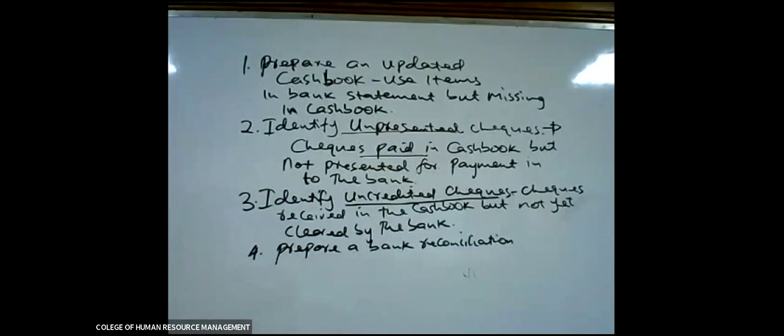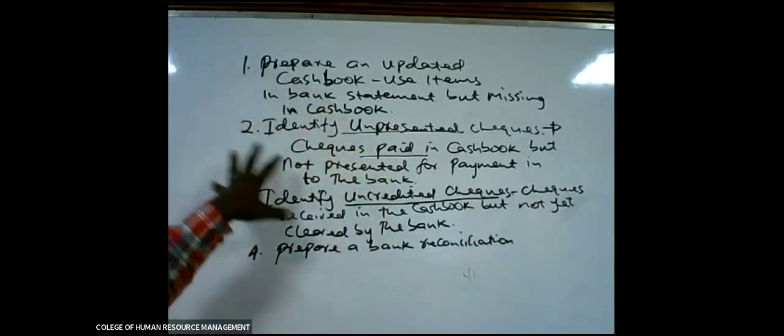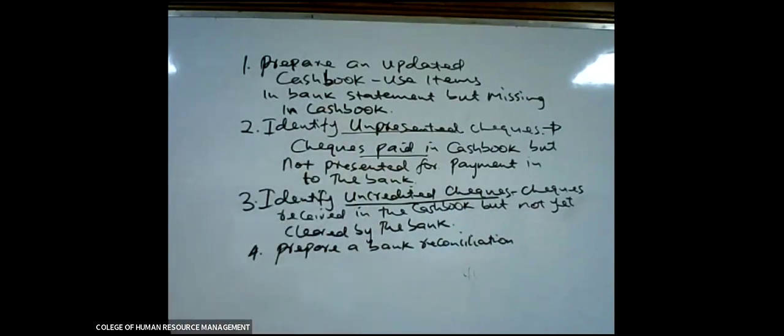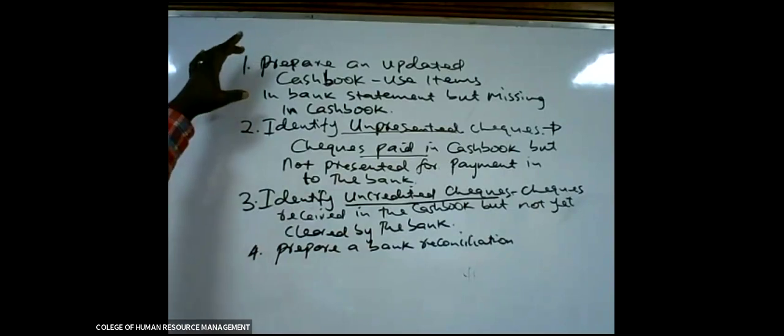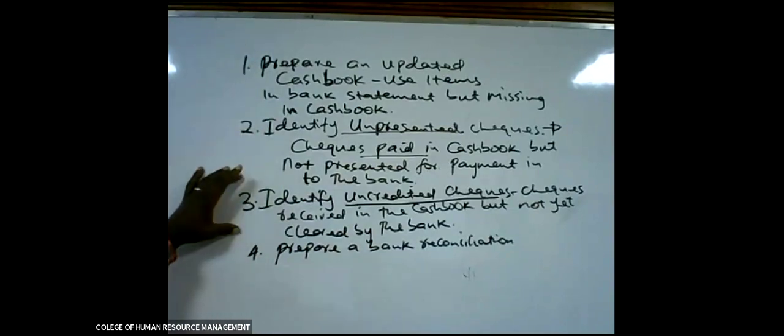For November 2021, there is a question to do with the bank reconciliation statement. We are going to refresh ourselves there, but these are basically the steps. So you prepare the updated cash book, then you identify the unpresented, identify the uncredited,